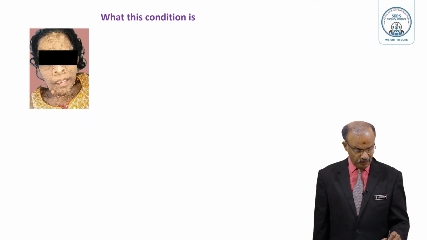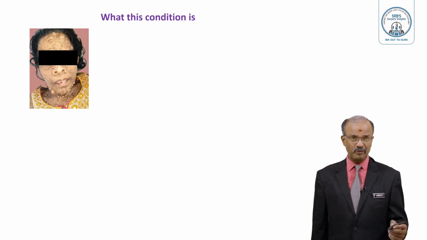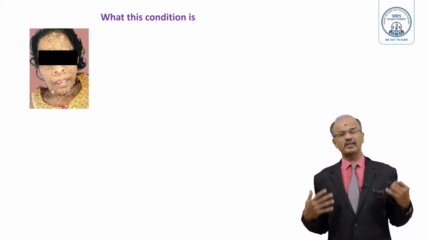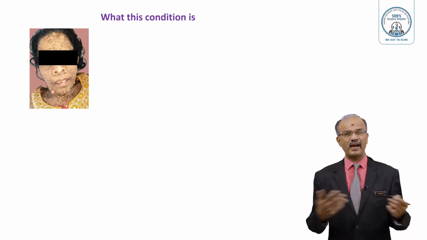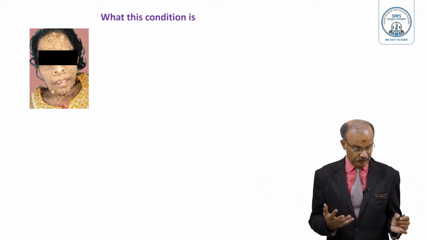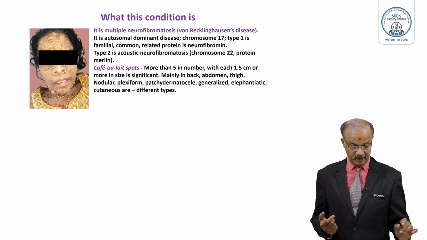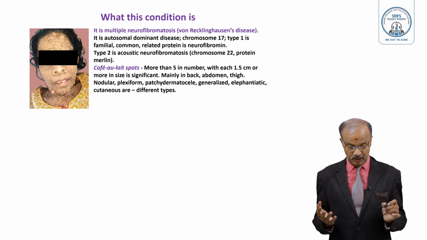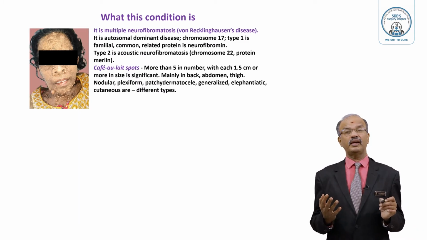Hello students, we'll discuss a topic which is a spotter, quite visible and obvious, maybe familial, multiple. See that multiple nodules are there. If you examine this patient's back, it will be there in the back, in the front, the thigh, hands, arms, everywhere. So multiple it is. Very typical, it is multiple neurofibromatosis, also called von Recklinghausen disease of multiple neurofibromatosis,